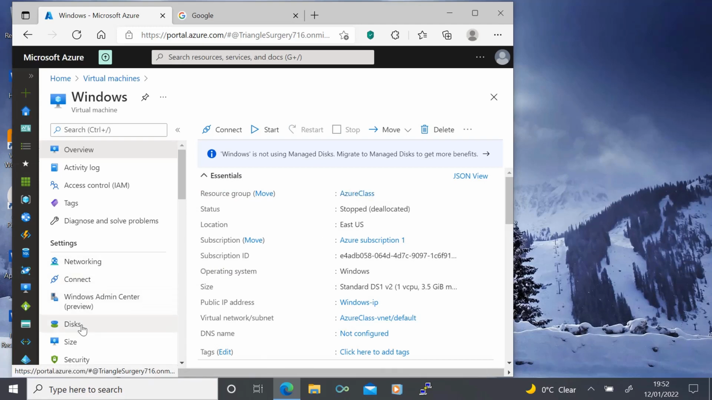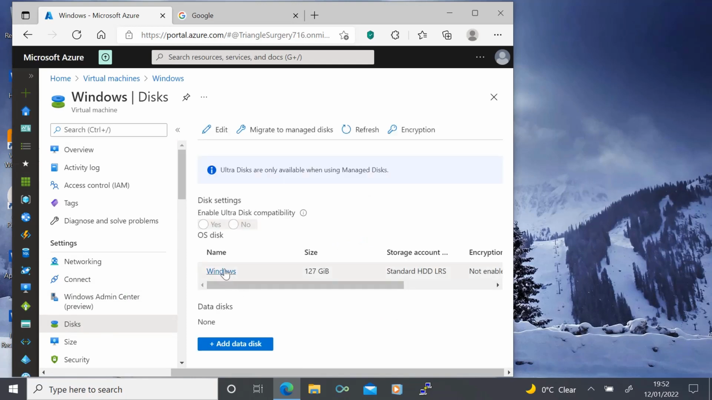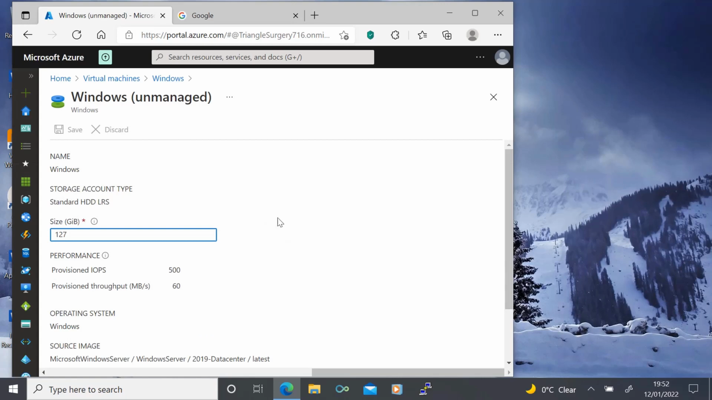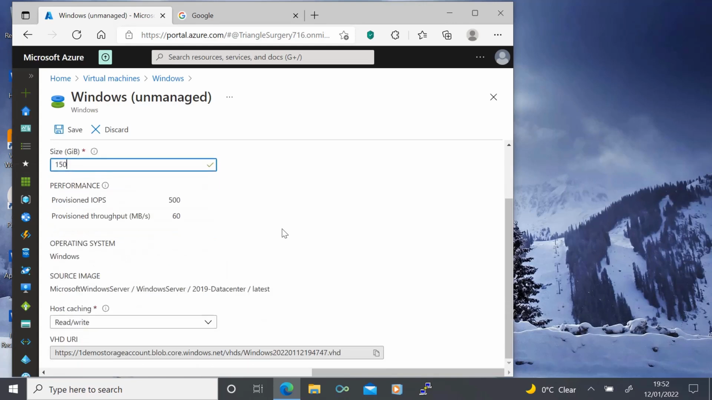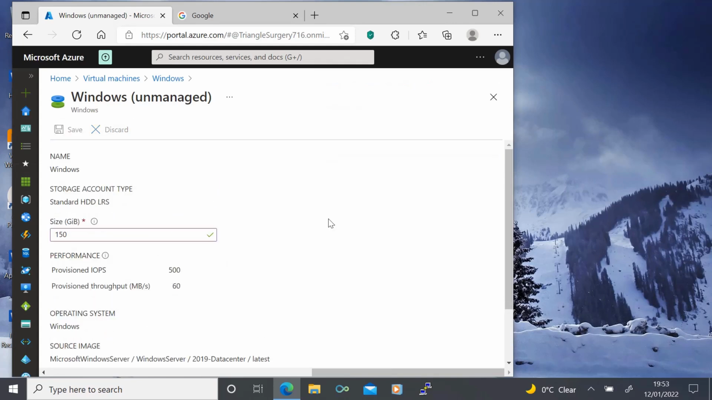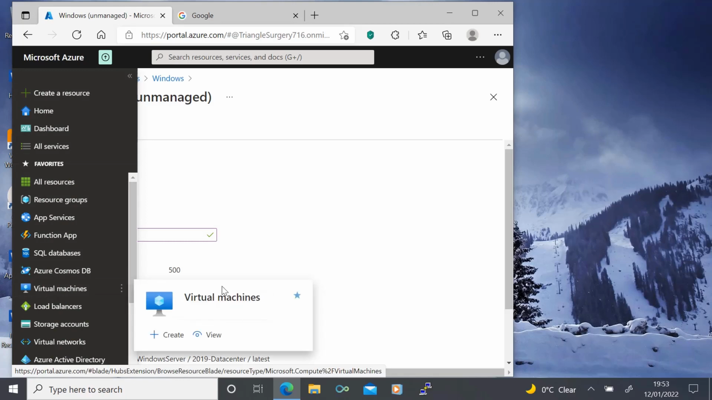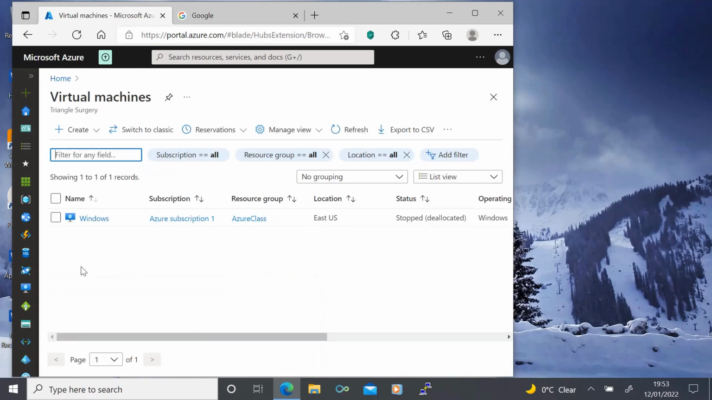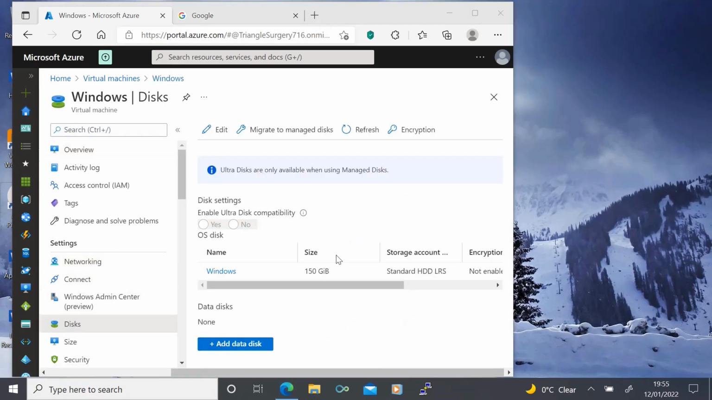Now I will go to the disk section. I will enter the disk and I will change the size, and I will save this. Okay, so the size of the disk has been amended. Now let's go ahead and check that. We go to the VM, we go to the disk section. We can see that the size of the OS disk has been changed now, and it shows over here